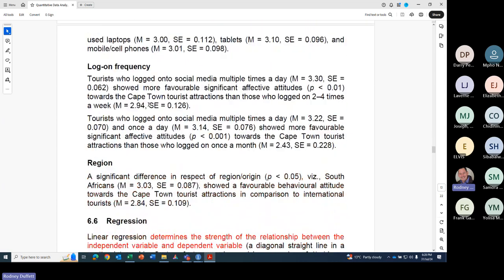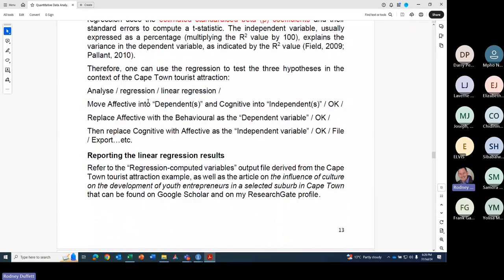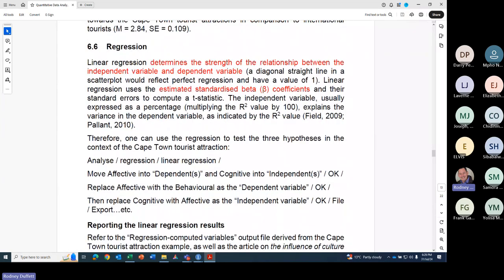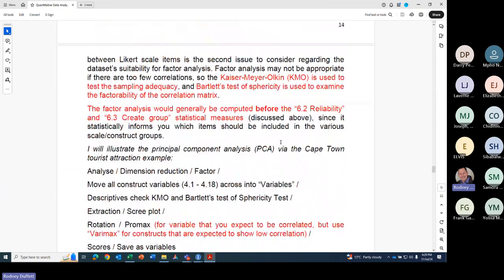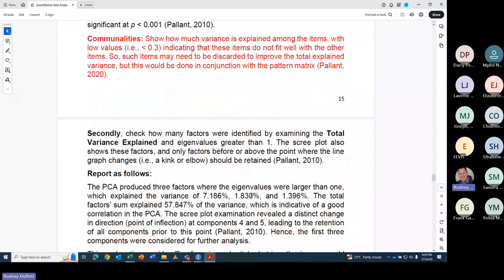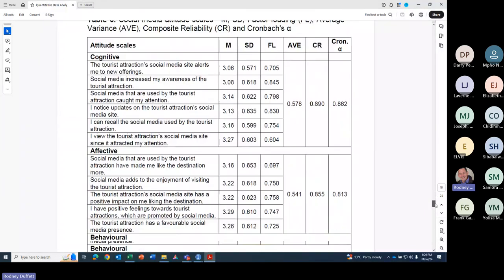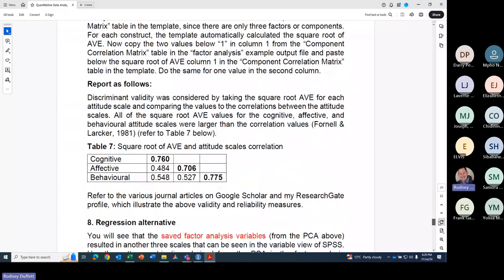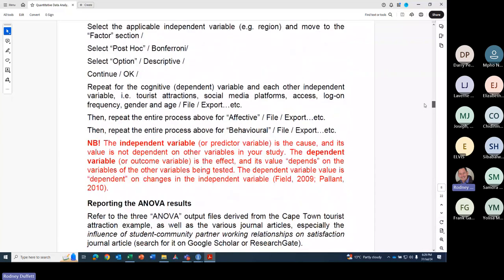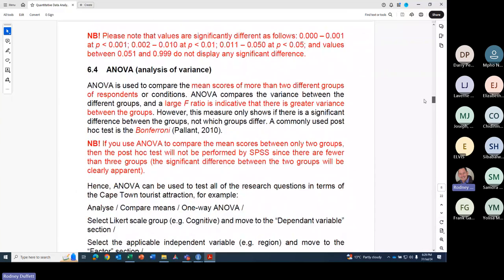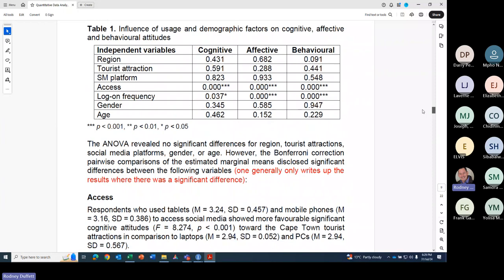So let's do that. So now you've answered all your research questions. We haven't got to the hypothesis yet. I see I've gone to regression here, but I don't want to go to regression. I first want to go to the GLM. I'm going to jump down. Validity, regression. Oh, where did I do it? Have I skipped it? T-tests, ANOVA, reporting ANOVA,